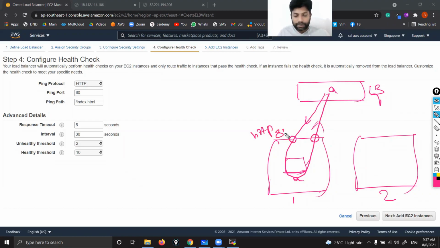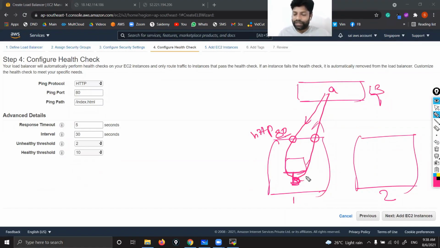HTTP, that number is 80. Load balancer request also will go through that. Now, suppose if I change the file name, then what actually happens? Instead of A, I keep B. Then, see, load balancer, I'm asking to check file A, but here file B is there. File A is not there. That means server is down. Even though server is up and running, load balancer will declare this server is down because that file is not